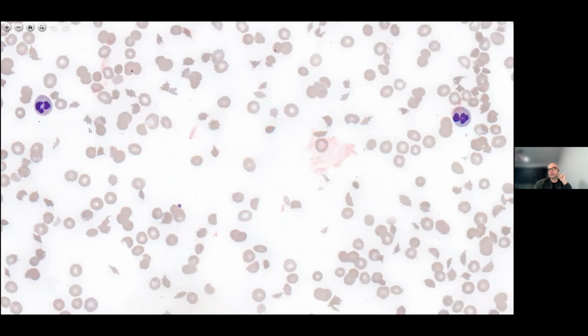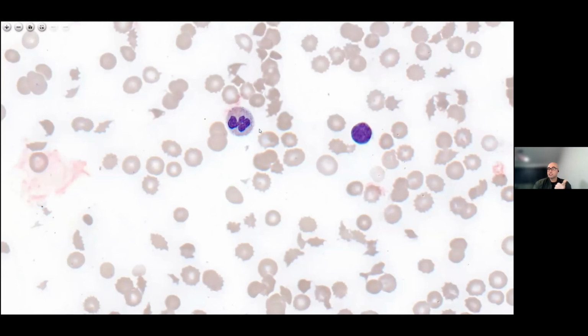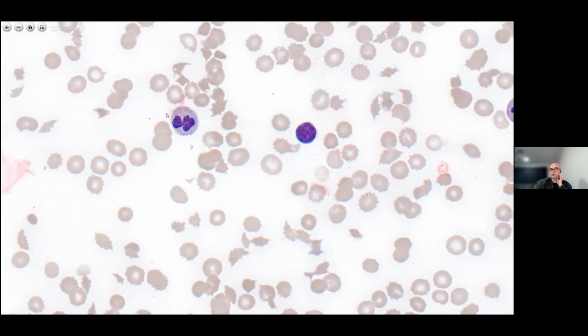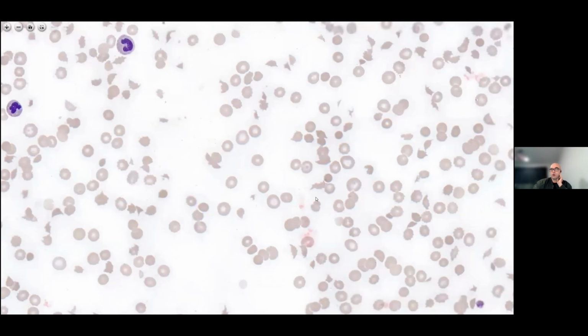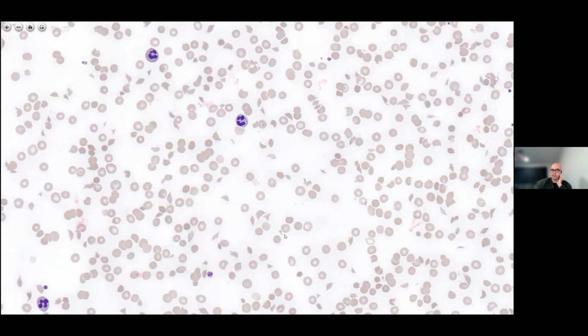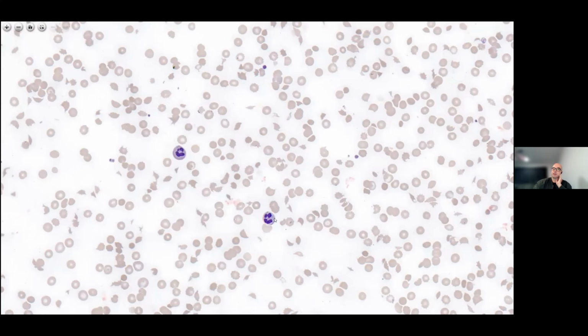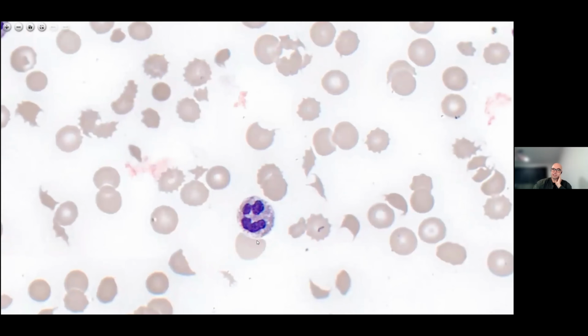And then there would be granulation for the neutrophils. Is there toxic or hypergranulation, or increased granulation, which might be a reactive process to infection or inflammation, or maybe a drug, a therapy that they've been given? Or is there hypogranulation or agranulation? That's when a neutrophil has reduced numbers of primary, tertiary and secondary granules,